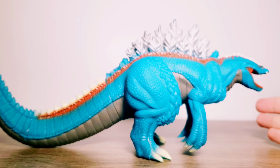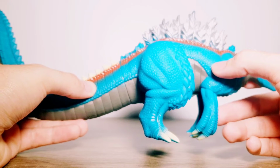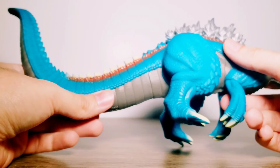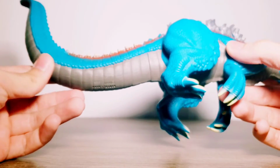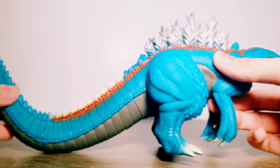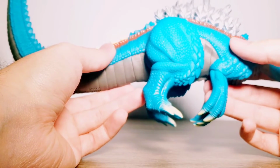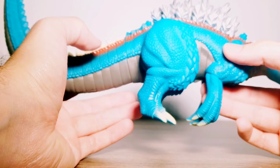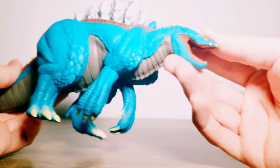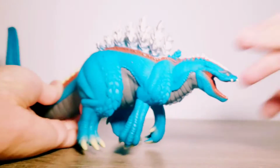And with the feel of the figure, just feeling it and the appearance of it, as far as in this stage of Godzilla's evolution, here on the figure, you definitely feel it's all here at the bottom, all smooth, and then here on the blue portion of the figure, a lot of bumps to reflect that scaly essence of Godzilla, since he's part of that reptilian family, so to speak. But yeah, that's pretty much